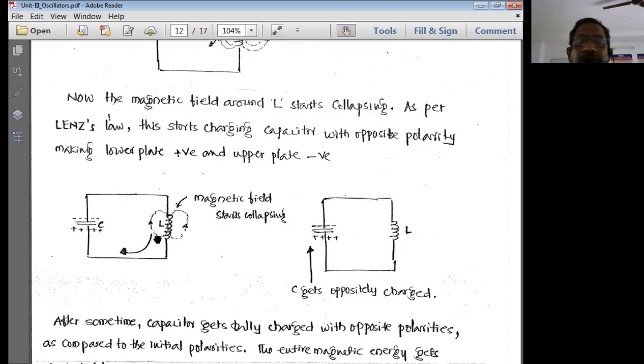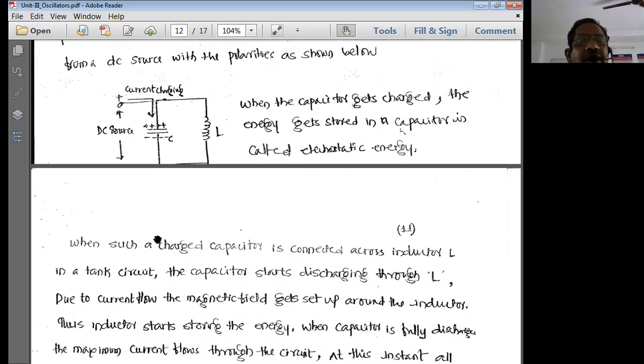What is so important is the polarity of the capacitor. We should really understand the polarity of the capacitor. At the very beginning, what is that polarity? Initially, if the upper plate is positive and the lower plate is negative, then the capacitor is going to discharge through the path through L. While the capacitor is discharging, the upper plate becomes less positive and the lower plate becomes less negative, as the inductor gets charged. So as the capacitor discharges, the inductor charges.